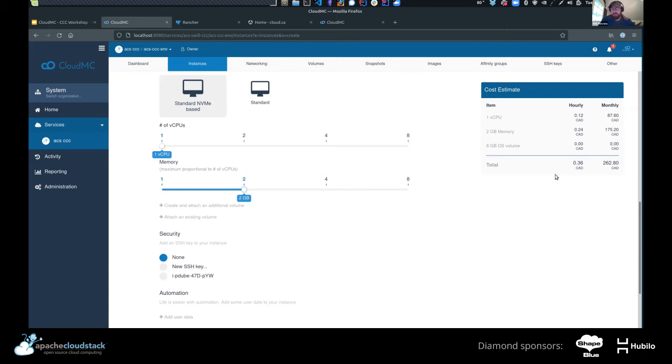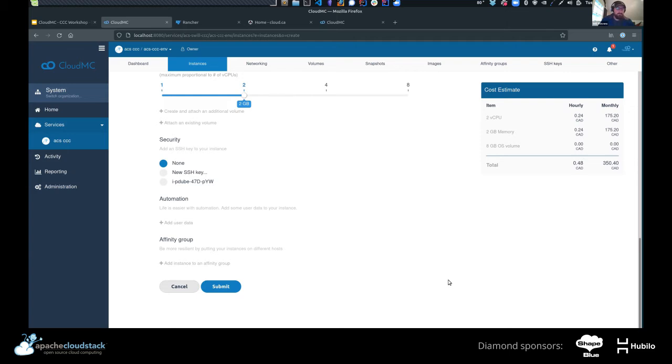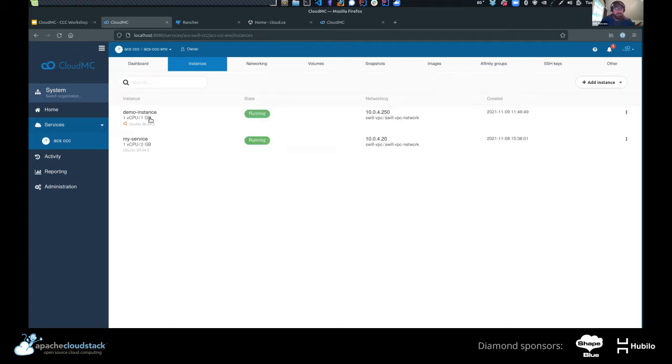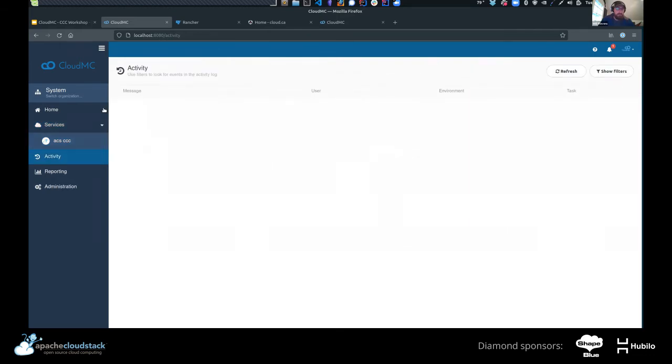And so this is what your expected monthly cost would be for this instance based on the resources that you've assigned here. So that's just to note. We can get into that more if you're interested. For now, I'll just cancel. But one of the things that's really interesting is if you know CloudStack, you kind of know that since we did a whole bunch of different things there, that was a relatively complex operation.